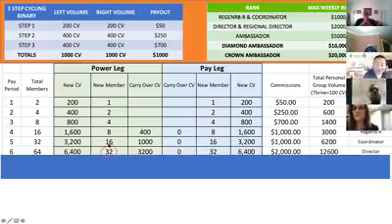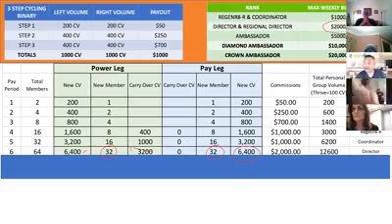Your organization has 32 new partners based on our formula. You've got close to 10,000 in volume between your carryover and your new volume in your power leg. You've got 6,400 in new volume in your pay leg. But now your cap, guys, is 2,000 because you just hit the director rank, because your personal group volume just went to 12,600.